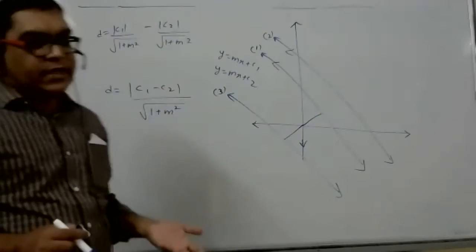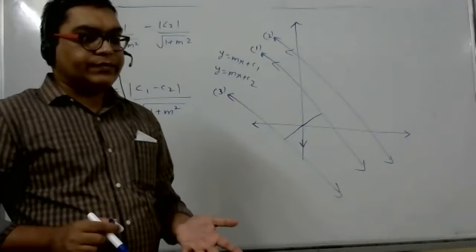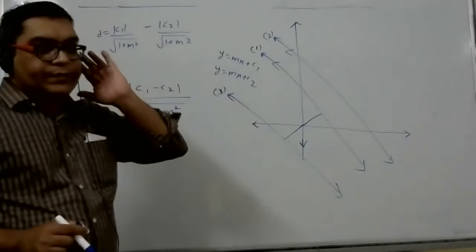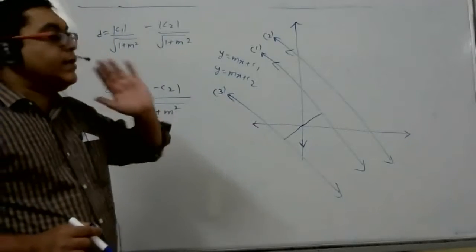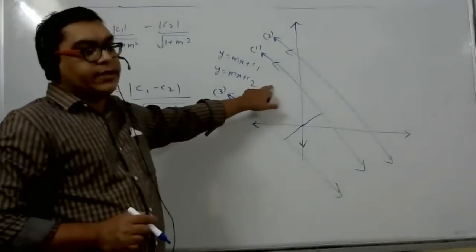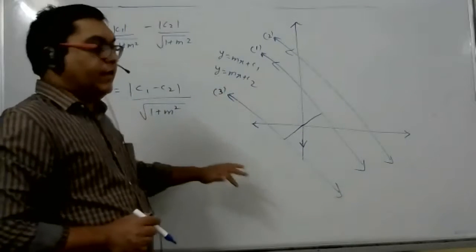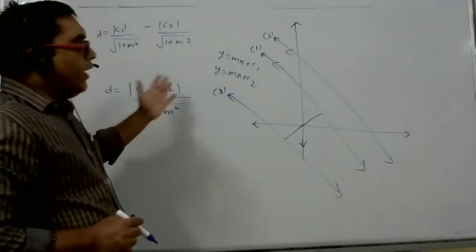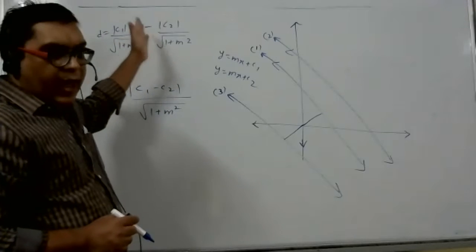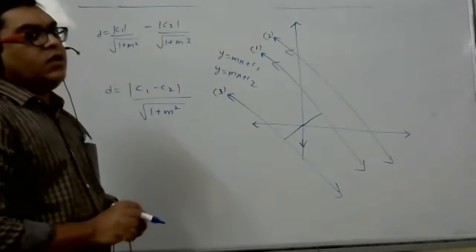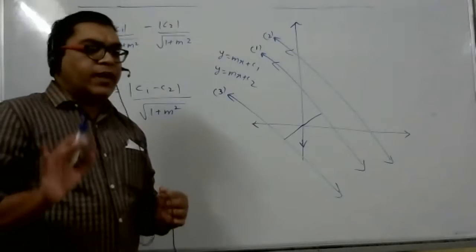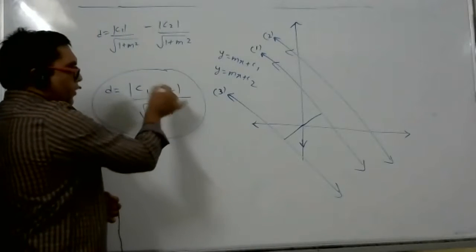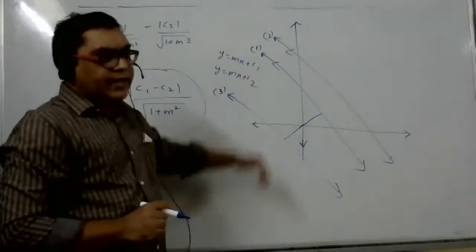It depends on the derivation, student. Are you understanding? See, you told me that if one c is positive and one c is negative, then this will not work, meaning from here to here we cannot go directly. Then that time we will not subtract, we will do addition. But student, you don't have to worry. If you remember this formula, it will work for all the cases.